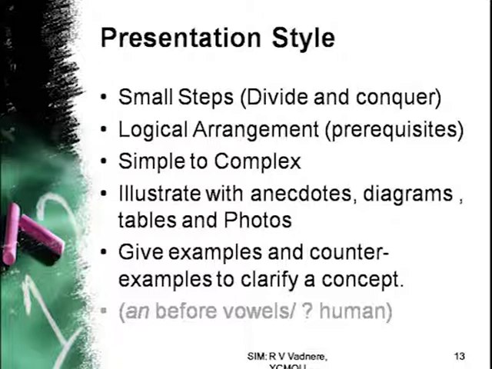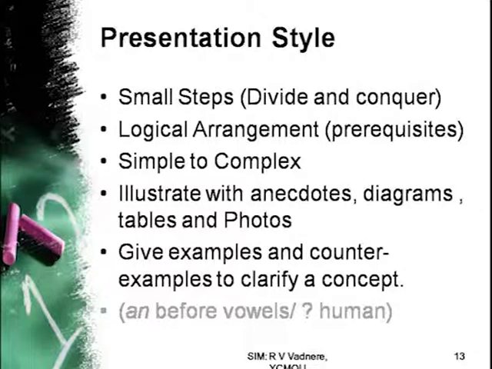For example, suppose ice cream, and you say a ice cream, it is going to be wrong. You have to say an ice cream. So, this is an example of this principle being used, but there is a counter example. Suppose some words begin with a letter which is a consonant, but it has the sound of a vowel, then you use an.